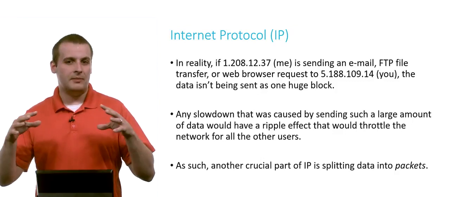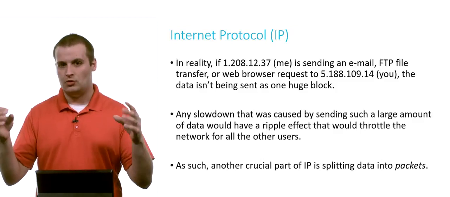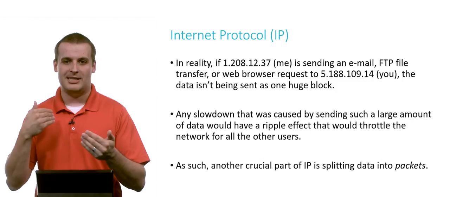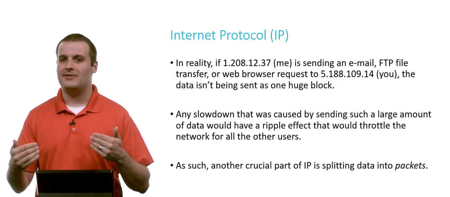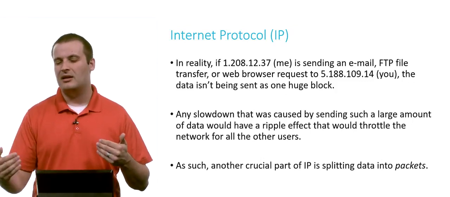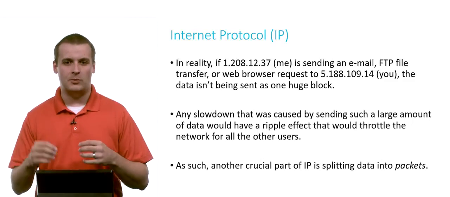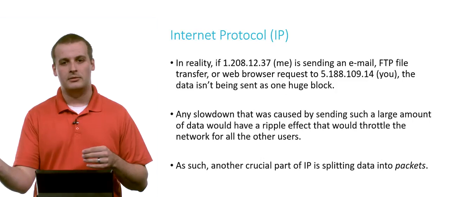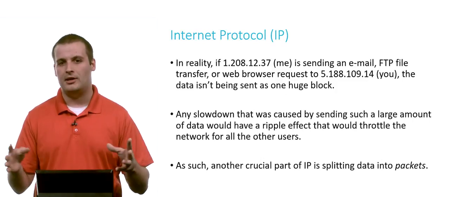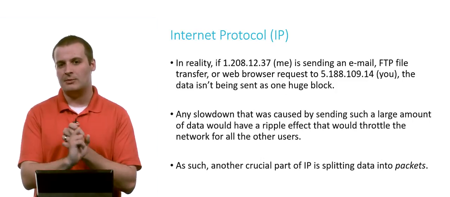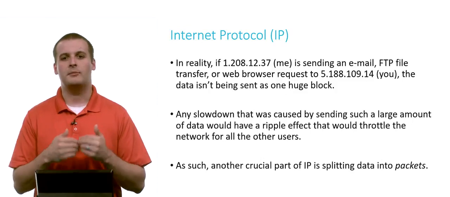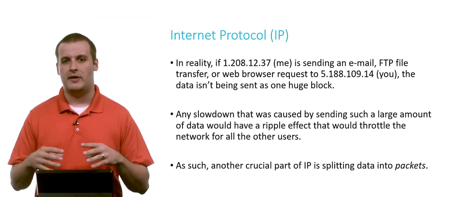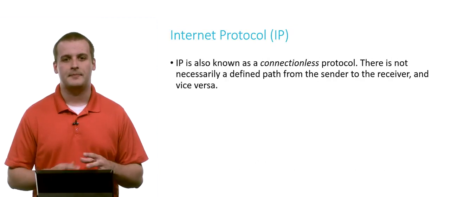If we had our message as one huge block and that was what got dropped, now we have to send the message again, and we are now possibly causing traffic again, and we run the risk of that huge block being dropped again. But if the data's been broken up into packets and we drop one of those, it's a lot less costly to send that packet one more time as opposed to the entire thing one more time. So IP is responsible for getting information from point A to point B, and also breaking the information into small pieces so that the network isn't overly taxed.